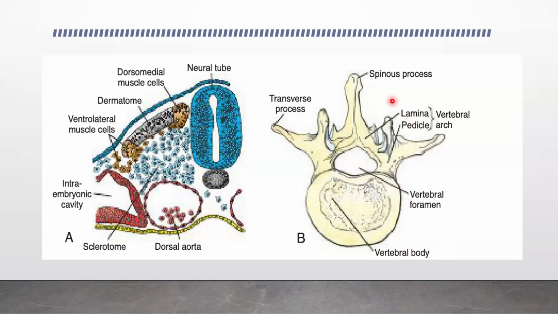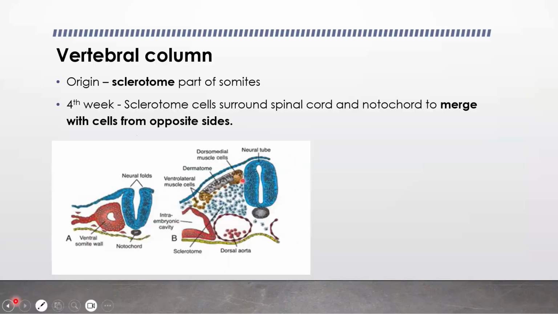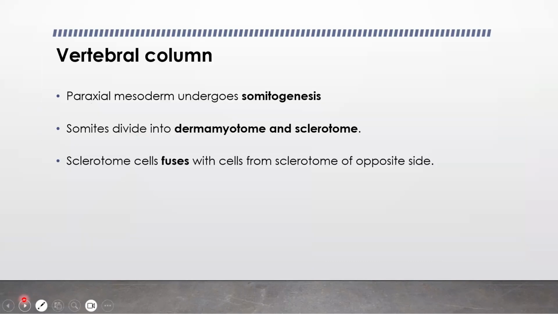So that means now all these will be coming from the sclerotome. So how do they come across? They come across due to, okay, we talked about the paraxial mesoderm undergoing somitogenesis to form